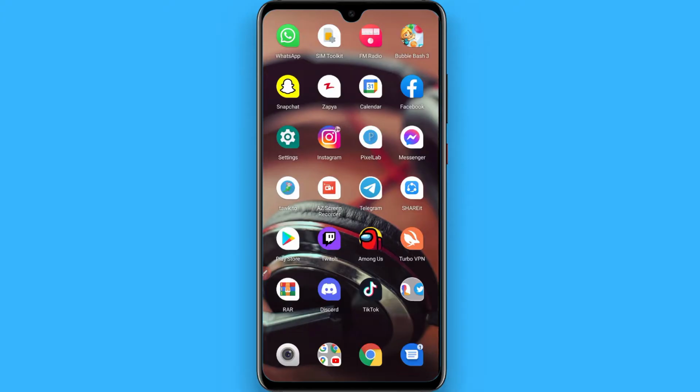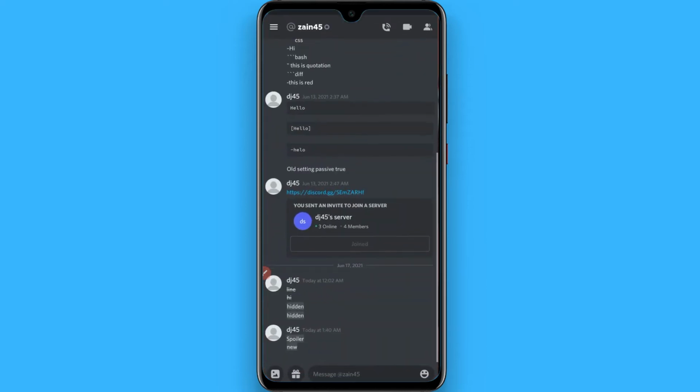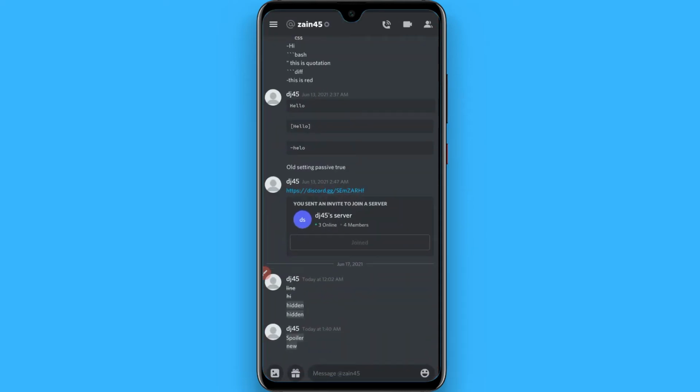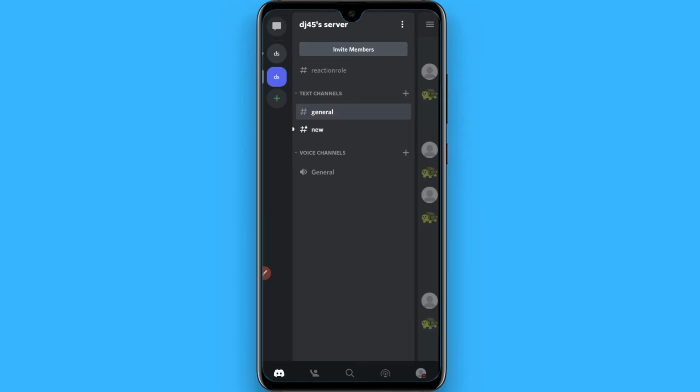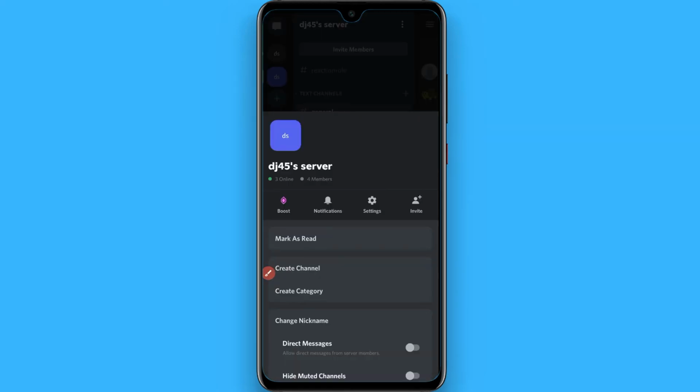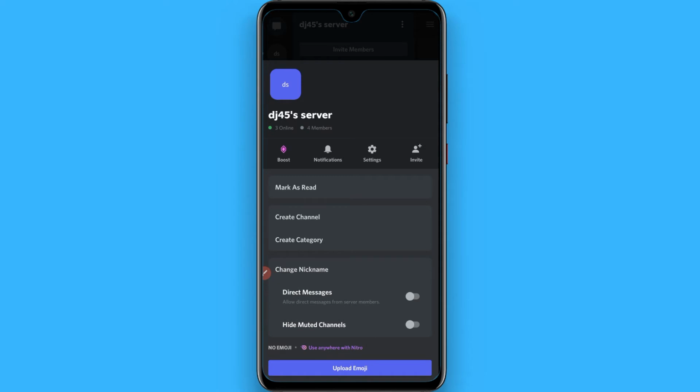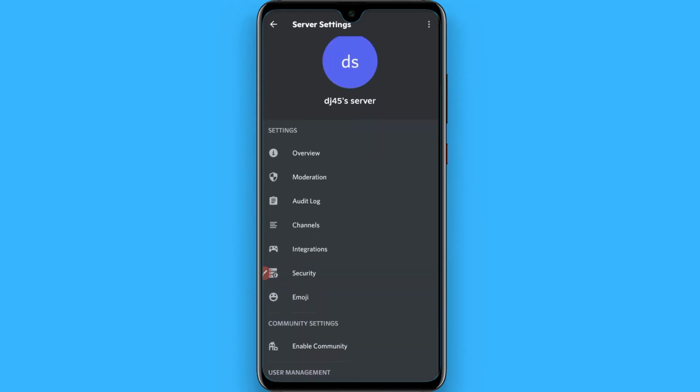First of all, open your Discord mobile application and now click on the three lines on the left top and select a server, and now you have to click on the three dot icon on the right top. Once you click on it, from here you have to go to the settings and now scroll up